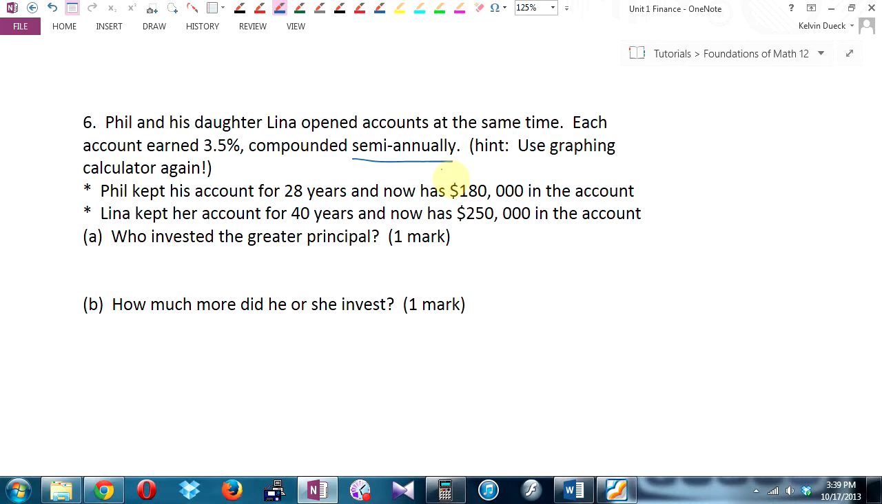It says hint, use graphing calculator, and you can, we'll do both. But I think I can do this by going Phil, Lena, because there's two of them, yes? I think for both of them I can go